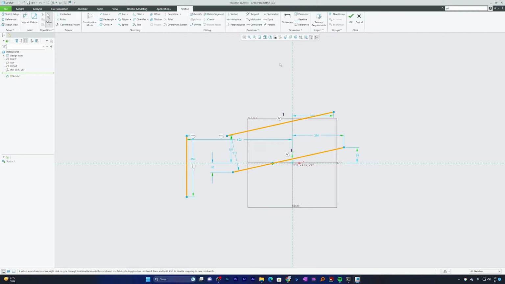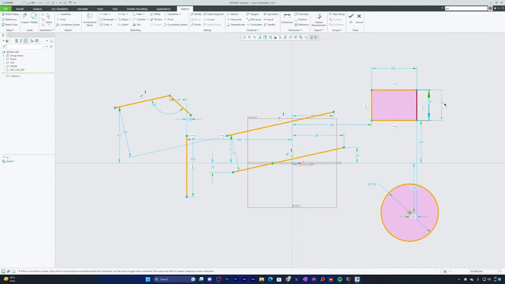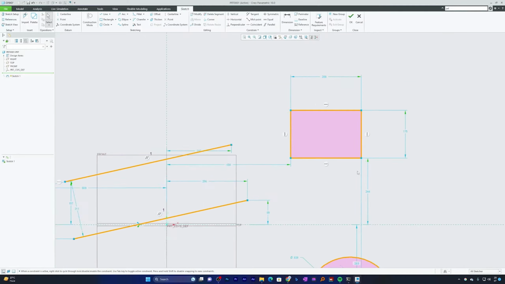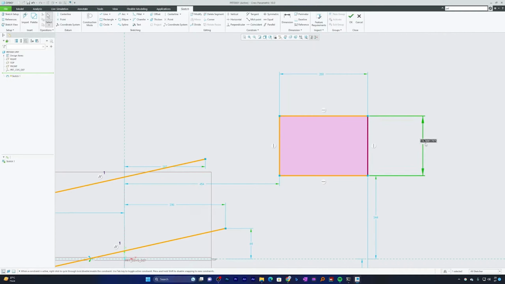Now let's begin and talk about how we can dimension our entity inside the PTC Creo Parametric environment. I'm going to place a few more entities here, for example a rectangle or a circle. Now you may see that Creo automatically creates some dimensions, but these dimensions are weak, and you may identify a weak dimension by the color, as well as whenever you hover on it, you will see "weak" written in brackets. So what does this mean? This means that these are automatically created dimensions. Now in order to provide dimensioning in the PTC Creo environment, you just need to double click on the dimension,